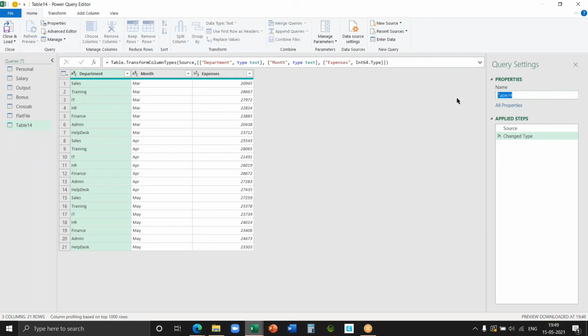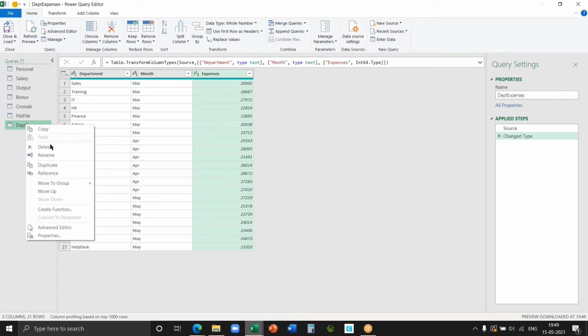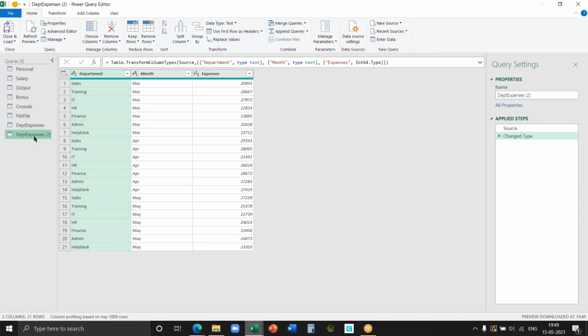Okay, so which table have we got here? Expenses. Department expenses. It gives a fair idea to the reader also what we are going to do. So when we open it after some time, it gets refreshed in our mind. Okay, something related to department. And now be with me and see how much time it takes. Okay, I right-click and create a duplicate. And it is called Department Expenses 2. Let it be, no problem. You can give a better name here.